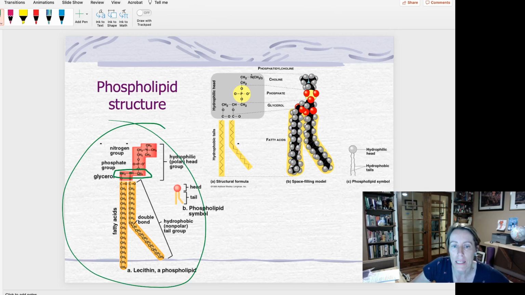And normally the glycerol has 3 hydroxyl groups. And if you're going to make a triglyceride, you put a fatty acid on each hydroxyl. So you start like that. You put a fatty acid on the first one. You put a fatty acid on the second hydroxyl. So we have 2 fatty acids. But instead of putting the third fatty acid, which is what you do for a regular triglyceride, you don't do that. Instead, on that third hydroxyl group, you stick a phosphate group and this big thing with a nitrogen and a bunch of methyls,